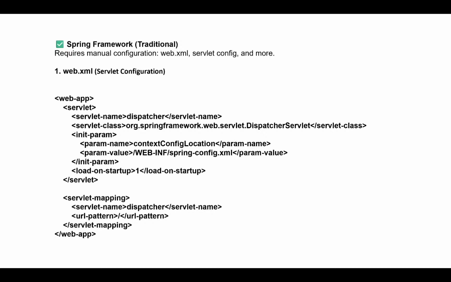In the web.xml servlet configurations, we give this entry like dispatcher, org.springframework.web.servlet.DispatcherServlet, and then we have to define the path where the spring config.xml is, and on load-startup we give one, so it will load these configurations the first time. Now in the servlet mapping we give the dispatcher URL pattern. So this type of configuration